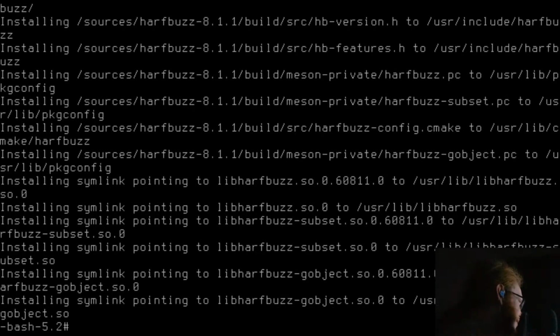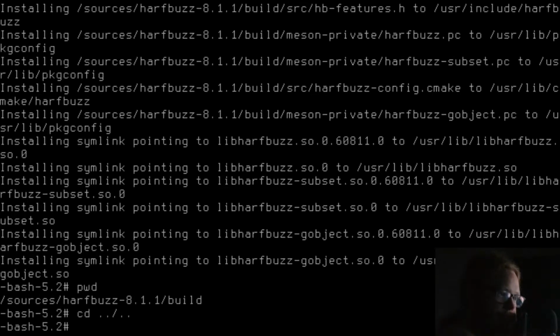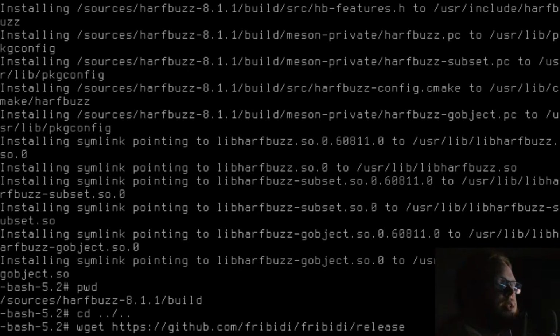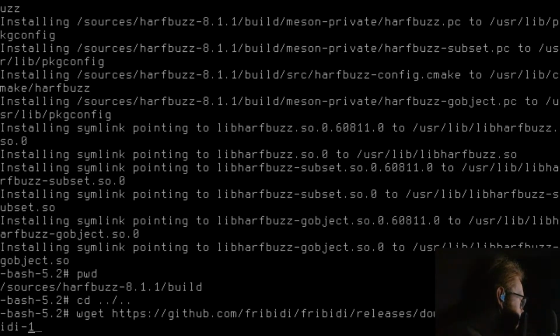Not mandatory. github.com/fribidi/fribidi/releases/download/v1.0.13/fribidi-1.0.13.tar.xz. Optional.